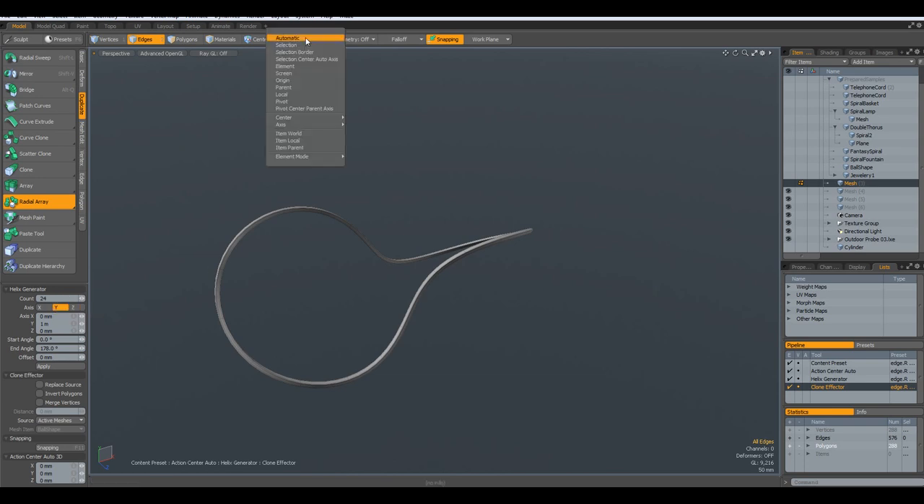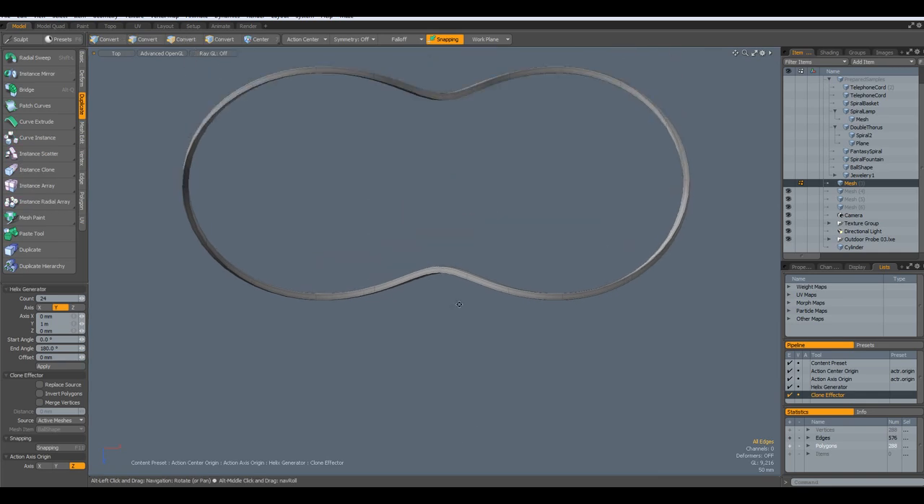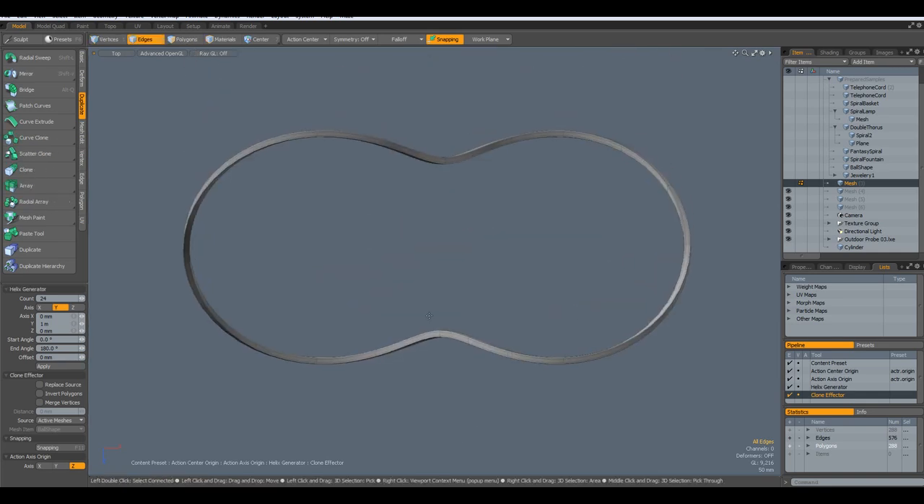Go to Action Center Origin and make this 180 degrees. The point is, this is a closed shape. If we look from top, if we would radial array this by 360 degrees, then everything would be double. If I radial array it by 180 degrees, then one of these will be double, because for 24 edges the real end angle would be